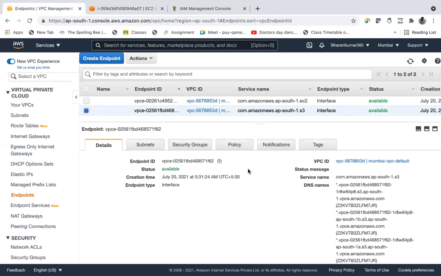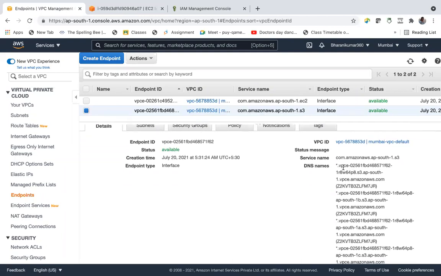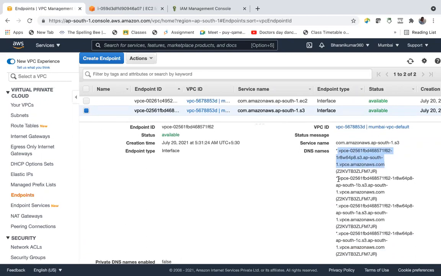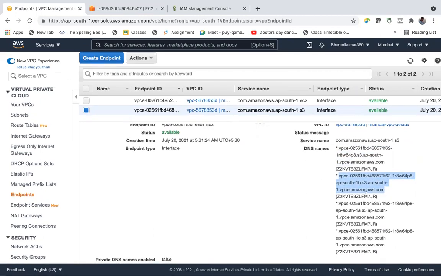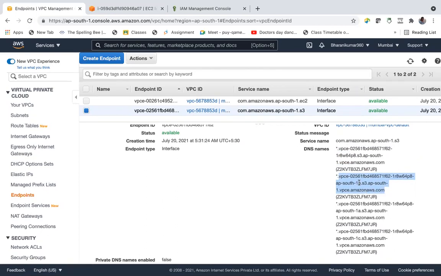And you can also use these zonal endpoints. We know that there are three zones, 1A, 1B, 1C. So this is the 1B zonal endpoint, then this is the 1A zonal endpoint, and this is the 1C zonal endpoint.